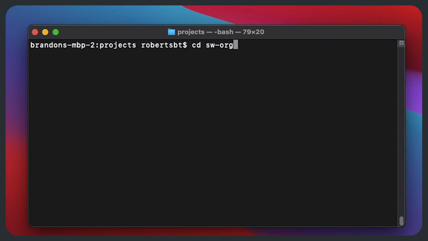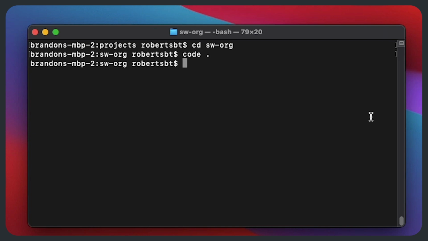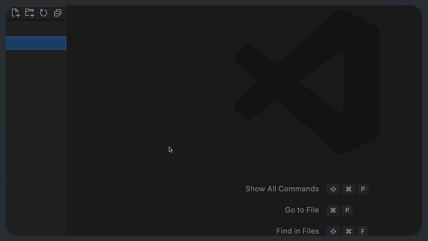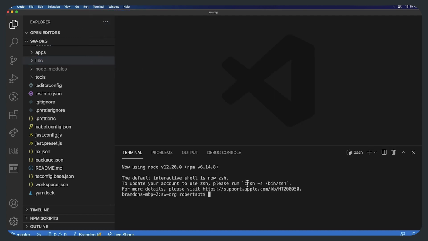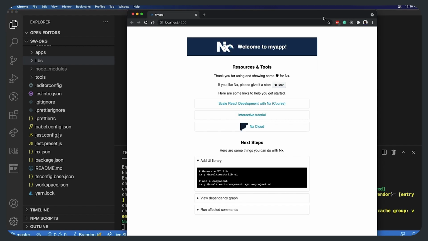So we'll go into the Star Wars org directory and open up VS Code. So to start up the application, we're going to open a new terminal here, and I'll use the nx serve command to start up the project, and that will just run the my-app project on localhost 4200. So now that we have that up and running here, it brings up the application in